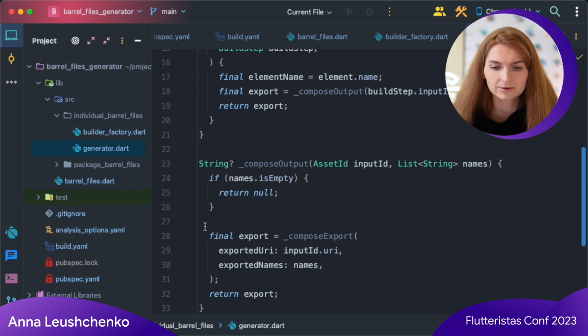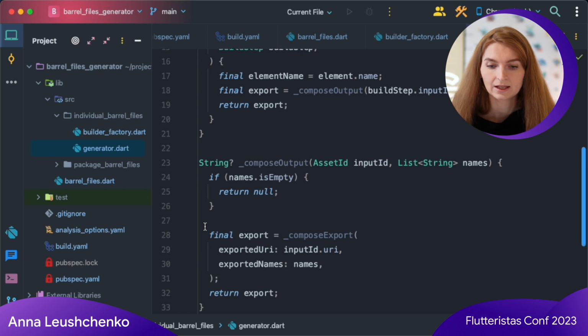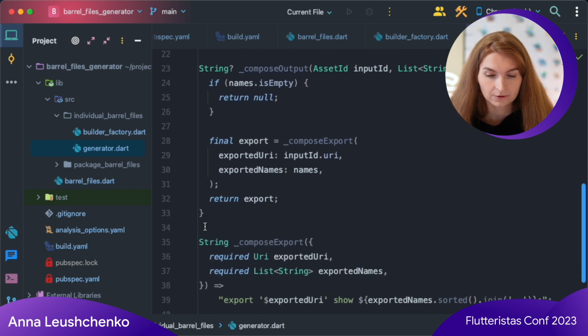And in current implementation, we see that it cannot be empty, but this soon will change. And it calls the compose export method that forms a valid Dart code with an export directive out of the input file URI and a list of names of the top elements it should expose. This is actually enough to be able to run our generator for the first time.